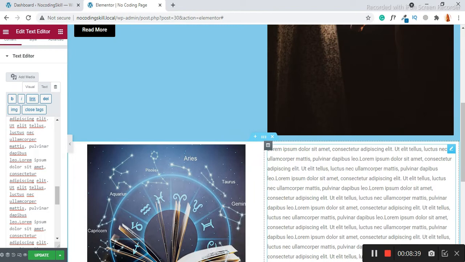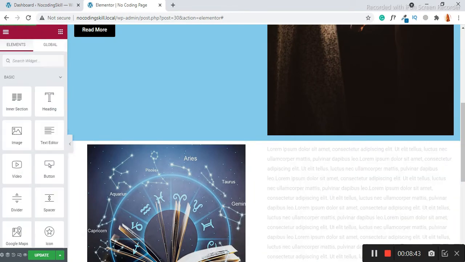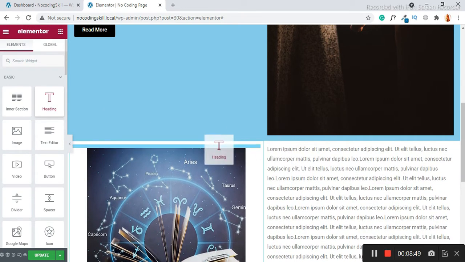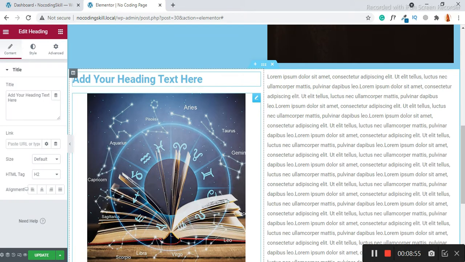But here we can't. Let's test. Suppose I am dragging, and okay, so it's not managing. If I am placing here, it's coming inside this column, not on top of both columns.